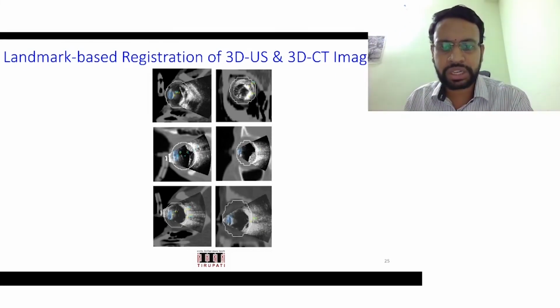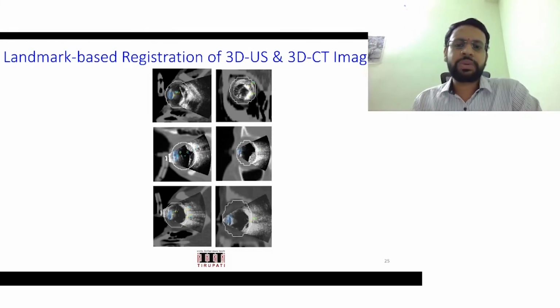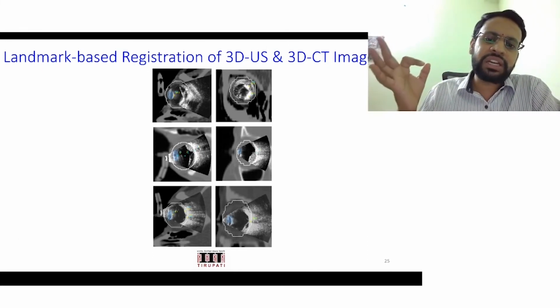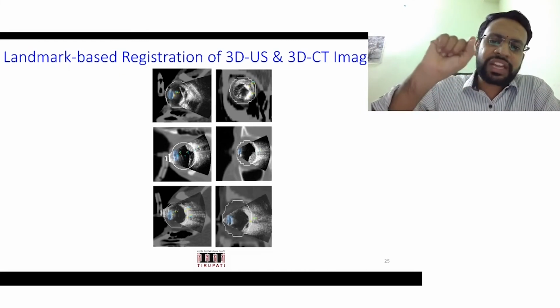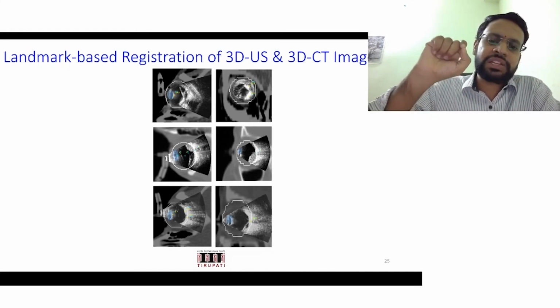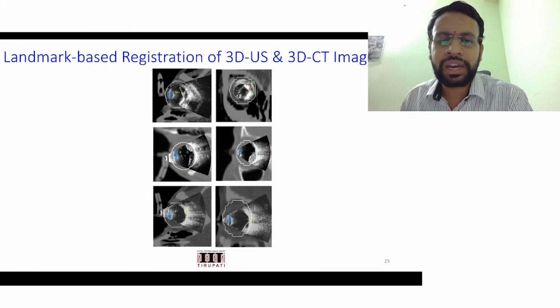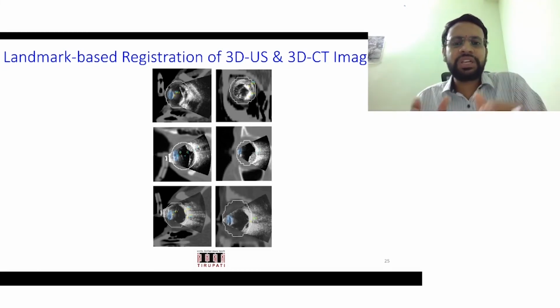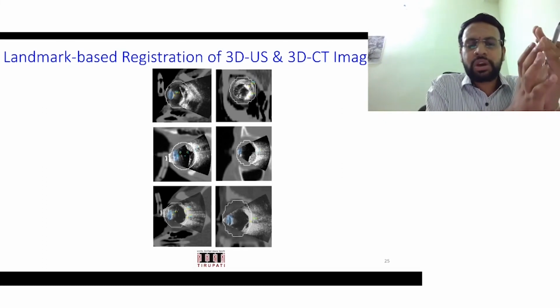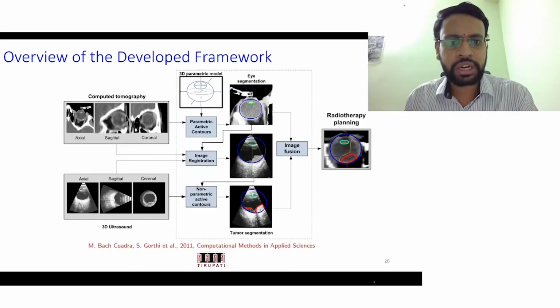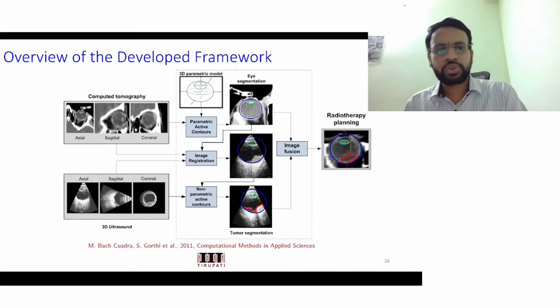So whatever you look at here is an ultrasound. Ultrasound, by the way, has a very high resolution compared to the CT scan. So you could get the details of that tumor at a very high resolution there. As I said, once the eyeball and lens information is transferred here to the ultrasound, you know the boundaries of your tumor. So you use it, you delineate the tumor here and transfer it back to the